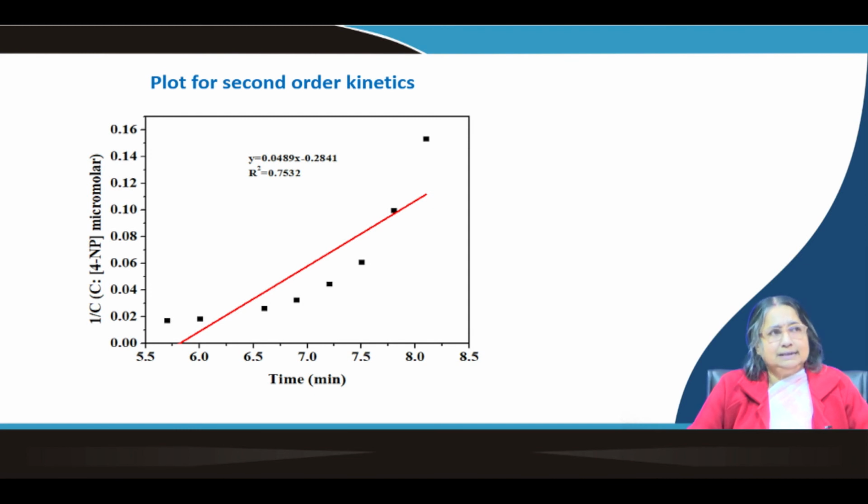and so we can say that nitrophenolate reduction by borohydride, in presence of catalyst. I am ignoring now the catalyst, because catalyst chapter I will tell you later, I will go in my next module. So, but you just forget it now. So, nitrophenolate reduction by borohydride, it is following 0 order reaction.